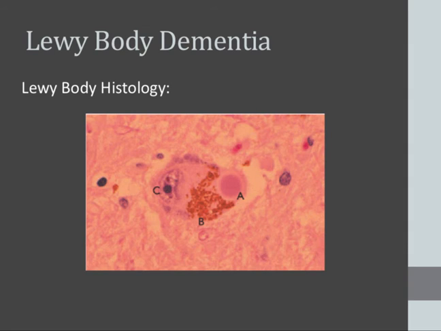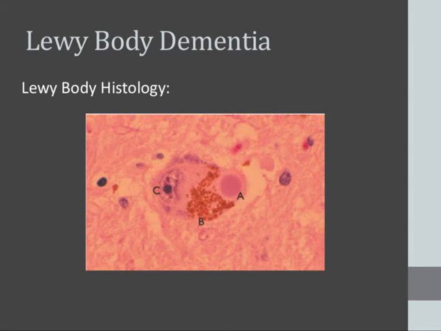Lewy body dementia. We talked briefly about the fact that Lewy bodies are a pathologic hallmark of Parkinson's disease. In Parkinson's disease, however, the Lewy bodies are going to be restricted to the brainstem. So that's the only place that you'll find them. In Lewy body dementia, the Lewy bodies are going to be present in a pattern more widespread than we observe